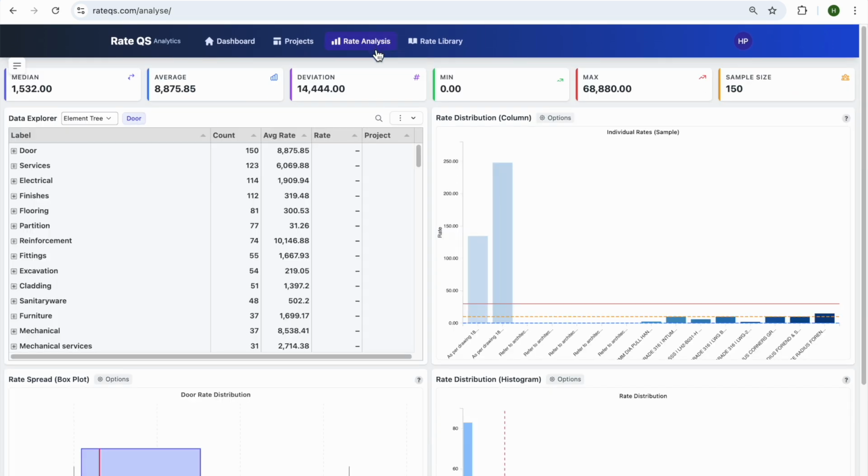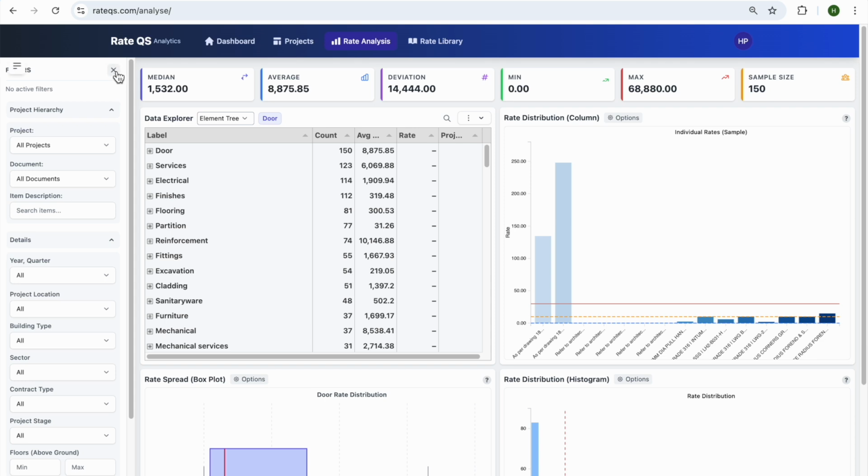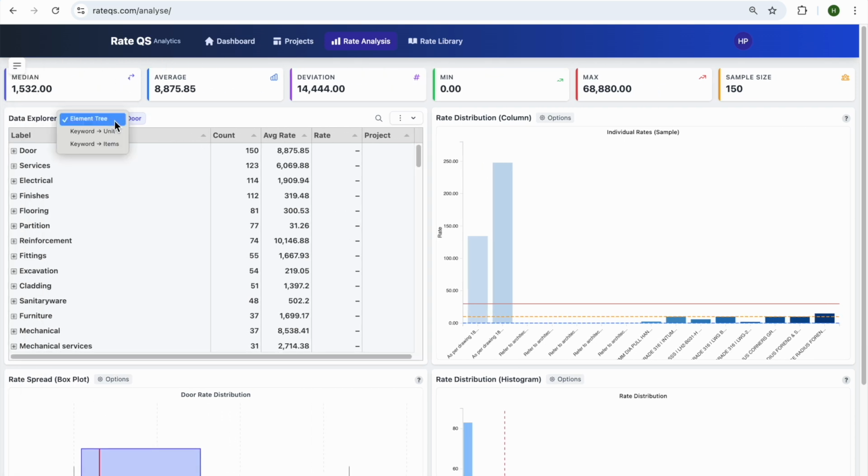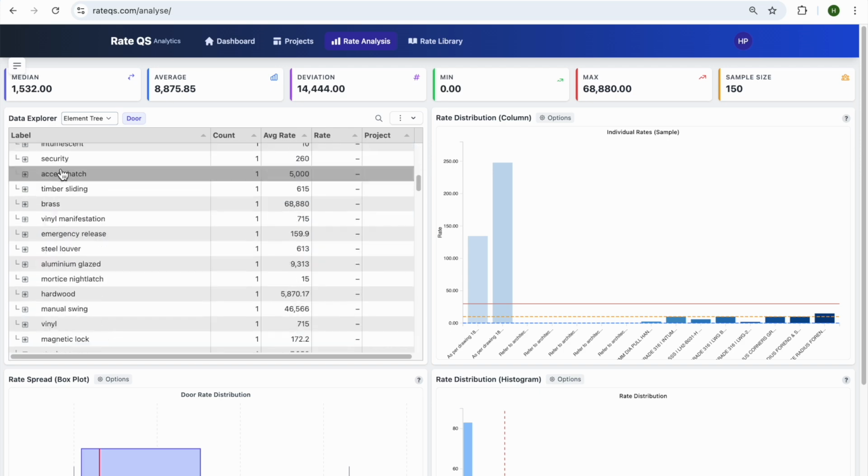So into rate analysis, this is the main dashboard of the program. There's various different ways to slice your data. You can click to copy, you can filter the data at the side, and you can use the Data Explorer, either elementary, which shows the high-level item broken down into sub-items,